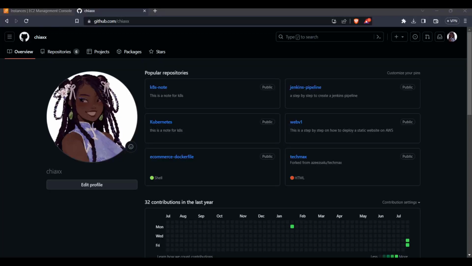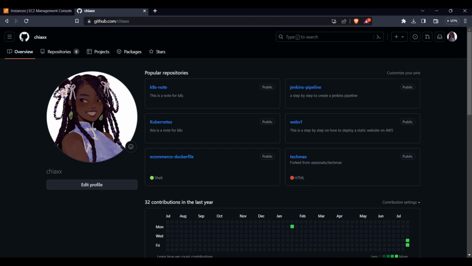Hello guys, I'm going to show you how to host an HTML website on an EC2 instance. This is going to be simple HTML, which is only HTML, I believe, and some modifications on JavaScript, I think. I got this GitHub repository from